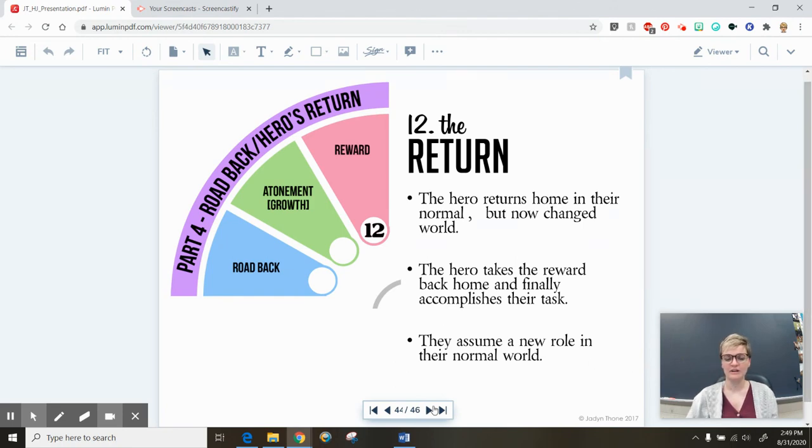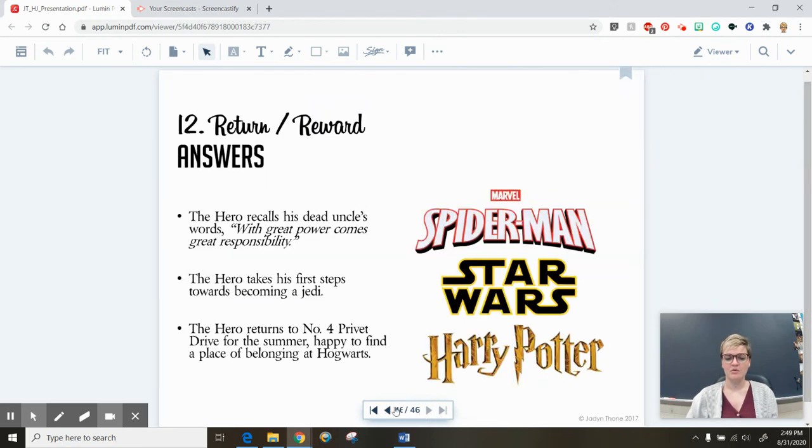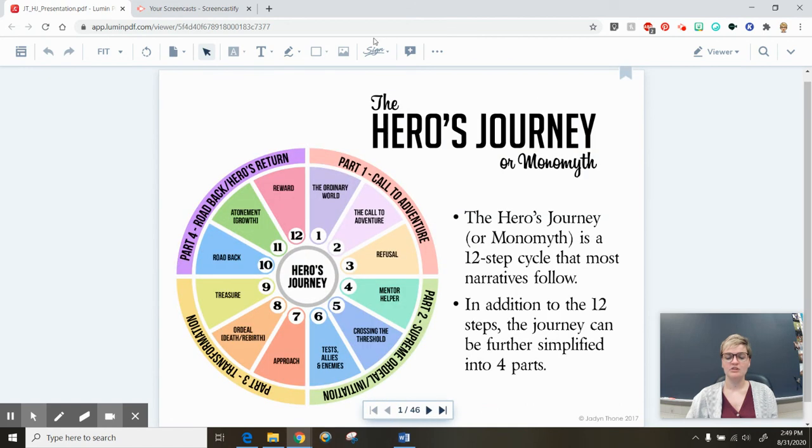So that's a hero journey. The whole thing is 12 steps, and once you know the pattern, you will see it everywhere. We'll be applying it to Freak the Mighty. We'll be applying it to Moana. We'll be applying it to all sorts of shorter stories. It truly is everywhere. It's definitely an archetypal story.